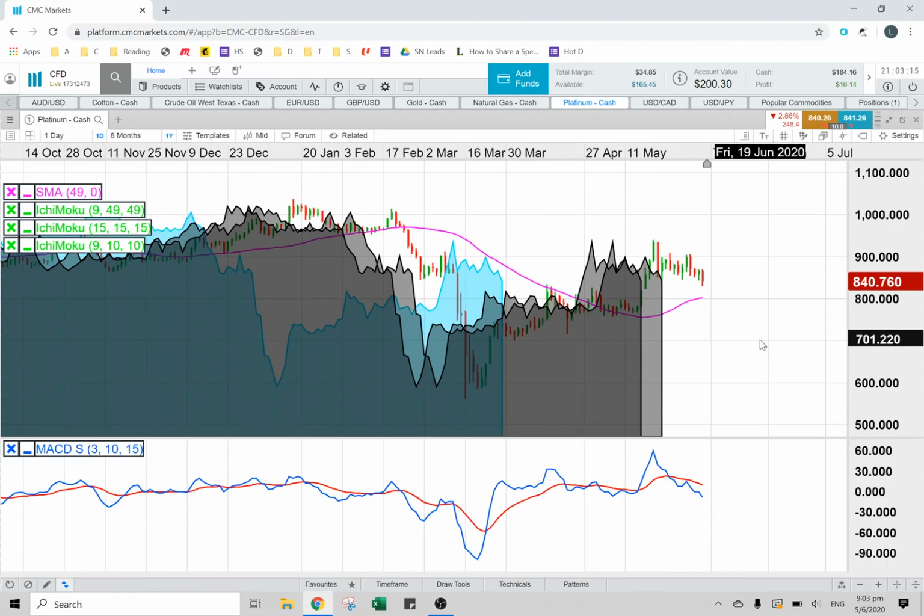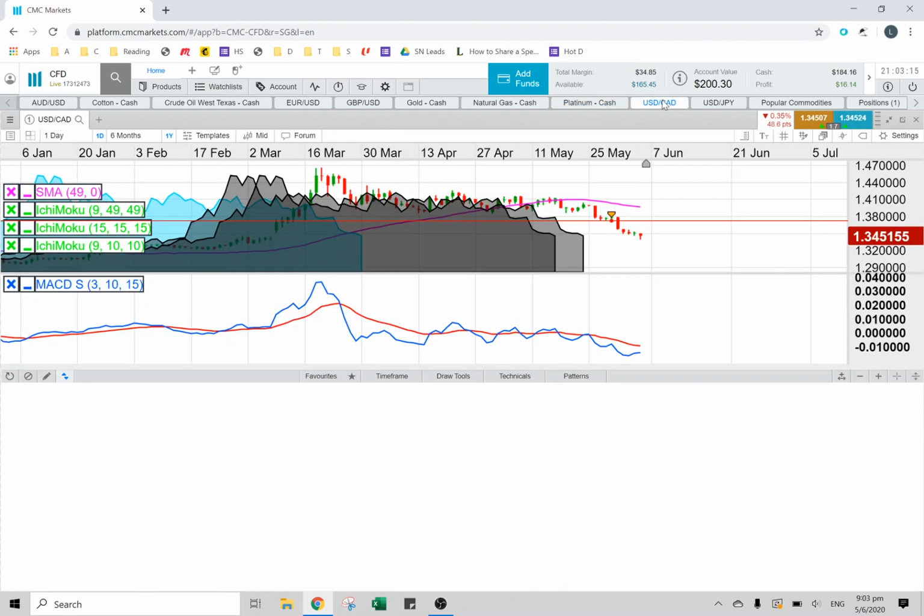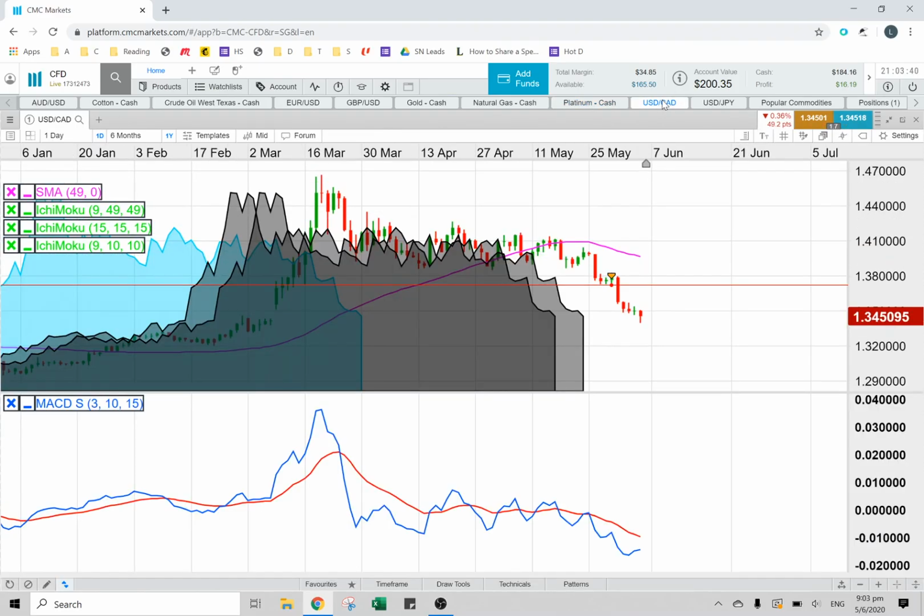So, platinum cash in terms of the pink line is up, red line is down, so we skip that as well. And Canadian, the loonies, we are in a good shape. Pink line down, red line down, blue line is